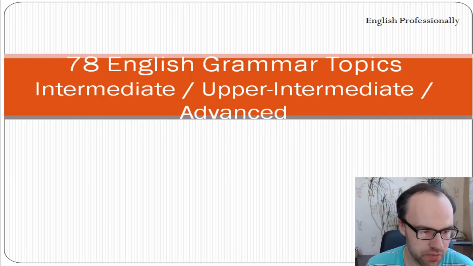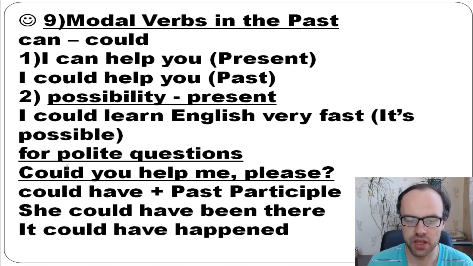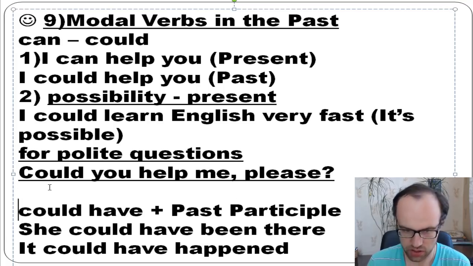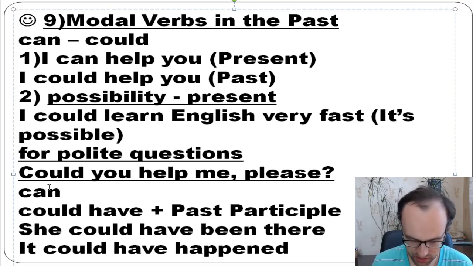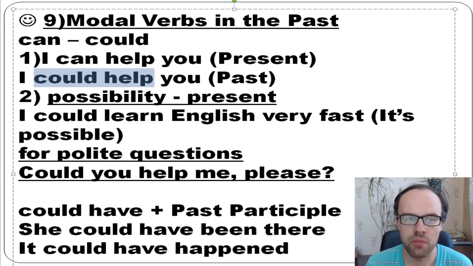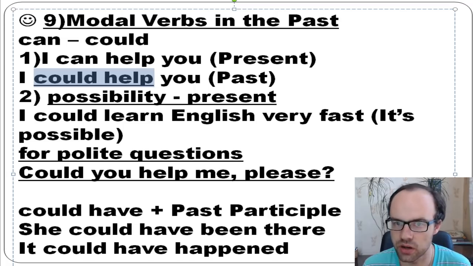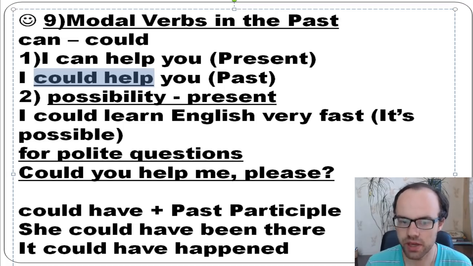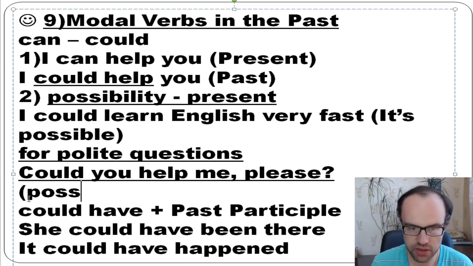Okay, so we talked about modal verbs again. And what about can in the past? What about modal verbs in the past? So it's could, you see. So I could help you. But you know that could has another meaning, yeah? If it's about possibility in the past,